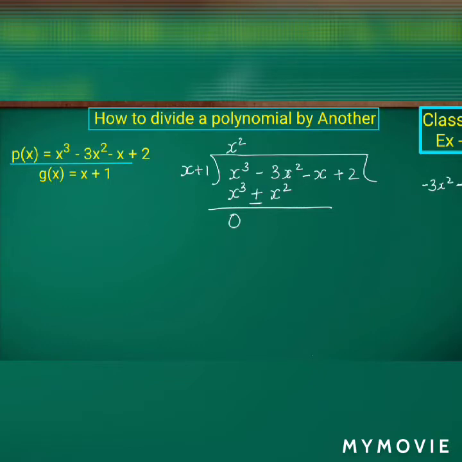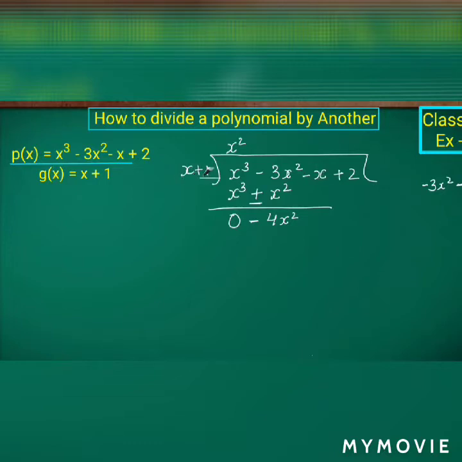You already know that, isn't it? So if 2 minus is there, we have to do addition with minus sign. So we'll get minus 4x square. That is minus 3x square minus x square is minus 4x square. So always keep in mind that we should not worry about the plus sign. We have to worry about the change sign. That is, plus is going to change to minus, isn't it? So minus 4x square.